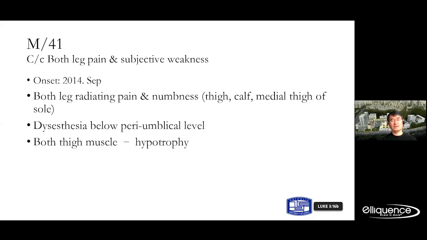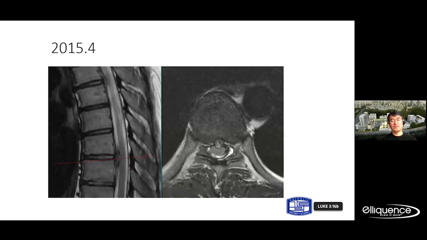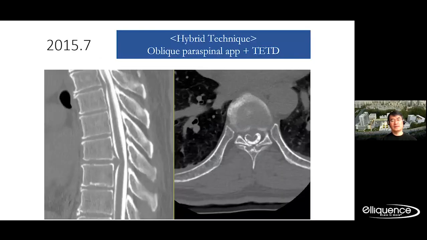The patient was 41, with bilateral leg pain, numbness, and dysesthesia below the periumbilical level. There is a little bit of muscle tightness and hypertrophic change. You can also see this MRI, all right? So there's a large disc herniation compressing the spinal cord. It's a hard disc, right? So that's why this is one of the most common types of thoracic disc herniation,